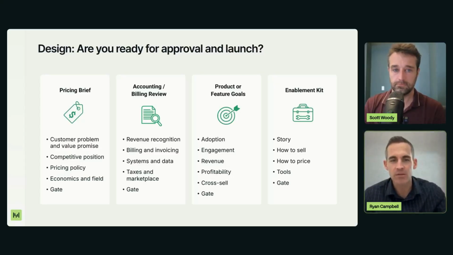It's the pricing brief, right? It's, I've got to put slides together to go to pricing committee and present this to leadership, or I've got to write the email to get things approved by my formal process. That's a super critical step, and it's a great forcing function to bring that research all together and make a final decision or proposal. But there are 3 other tiles on this slide.